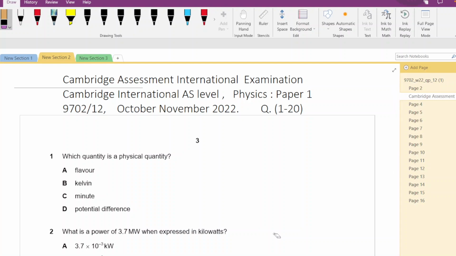I am going to solve Cambridge AS Physics paper 1. Its variant is 12, October/November 2020. Today I am solving questions 1 to 20. At question 1,